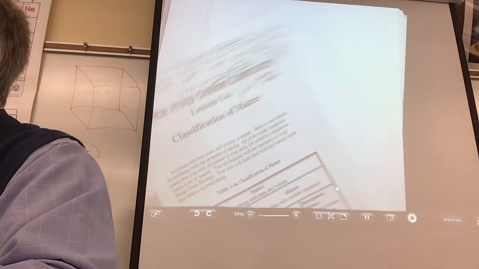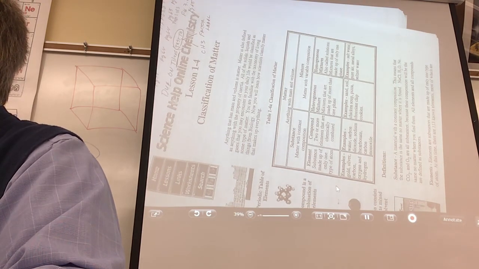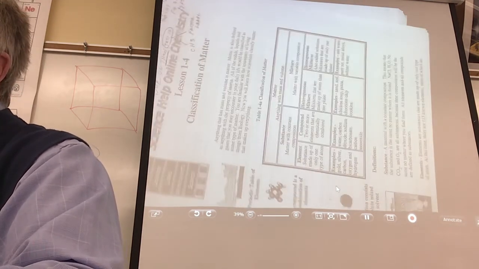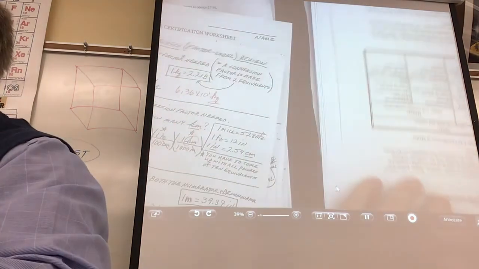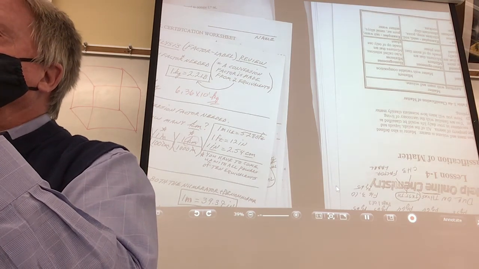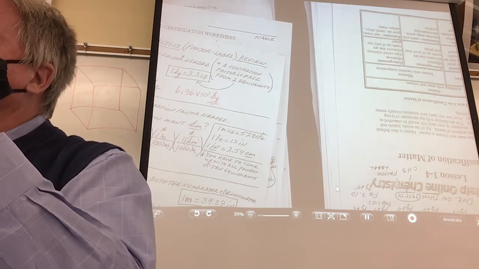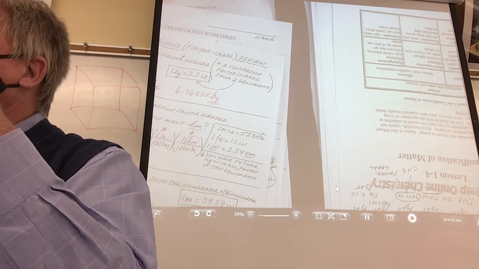Do you want to take a picture of this? Yes, sir. Okay. Does it say the page number? Take a picture too? Yeah. So what happened is, because some people weren't as sharp on the factor label, I decided to make this into 2 separate homework to help your grade a little bit. You still have to do them though.